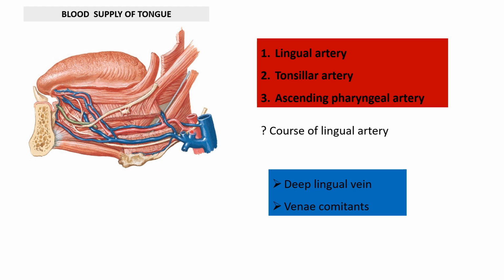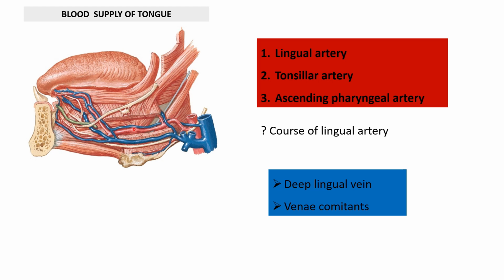The lingual artery is a branch of external carotid artery very close to the greater horn of hyoid bone. So the lingual artery in its course, this course can be divided into three parts. First part, second part, third part. Remember, this division is because of our quadrilateral muscle called as hyoglossus muscle. In this picture, hyoglossus muscle we were cutting in order to show how exactly the lingual artery is passing deep to it.